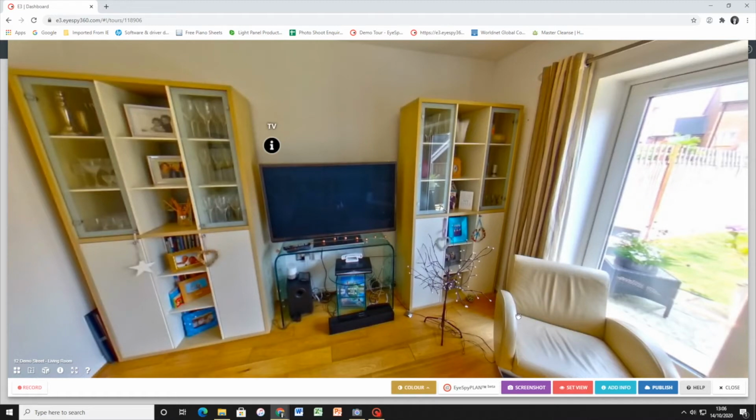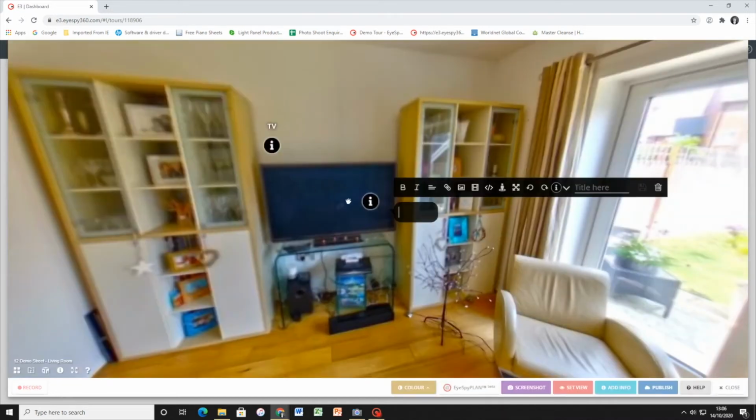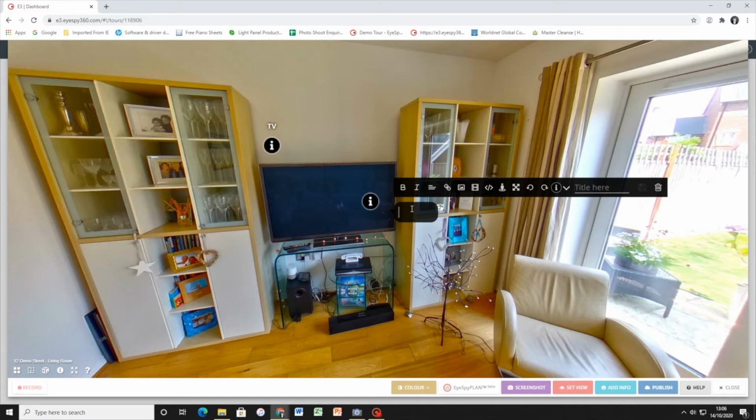So let's add a second information label above the TV. What we're going to do is have a look at some of the other things you can add into an information label. For example, you can add in a hyperlink to a website. So if we say "visit our website," all you need to do